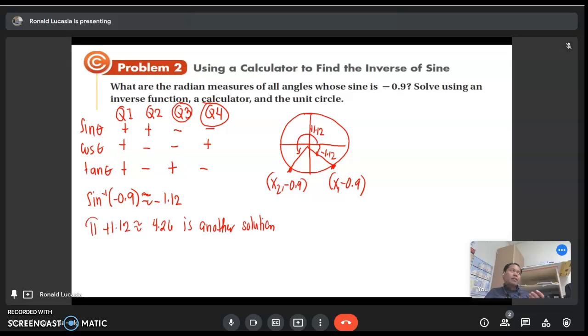So you can write the radian measure of all the angles whose sine is negative 0.9 as negative 1.12 plus 2 pi n, and the other one is 4.26 plus 2 pi n, where n is any integer. Okay,